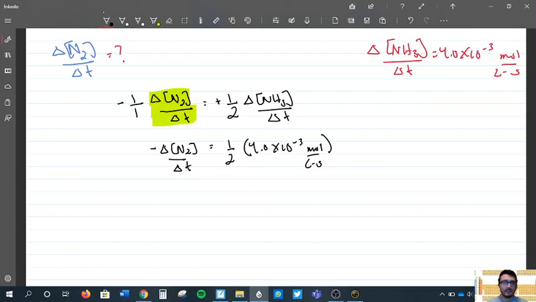Well, you divide them, you divide this out. What you do to one side, you do to the other. So essentially, and we're going to solve for this as well. Our answer is now this. So the rate of change of nitrogen as a reactant is negative, right? Negative 2 times 10 to negative 3 moles per liter per second. Okay, and that's the answer to